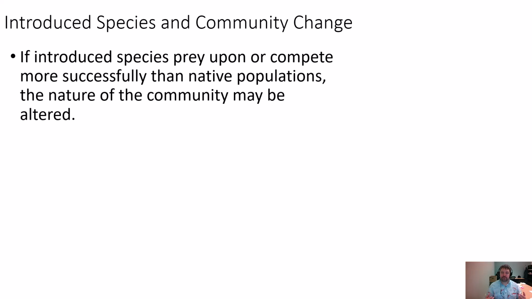Introduced species happen often, not just from humans, but from other things. Like, you may get organisms that feed in a region, nest in a region, and might fly to another region. They might take aquatic invertebrates from one region to the next, and maybe they get established, maybe they don't. So there are lots of ways to introduce species. In some cases, those introduced species will outcompete the native populations. When that happens, we often consider that an invasive species.